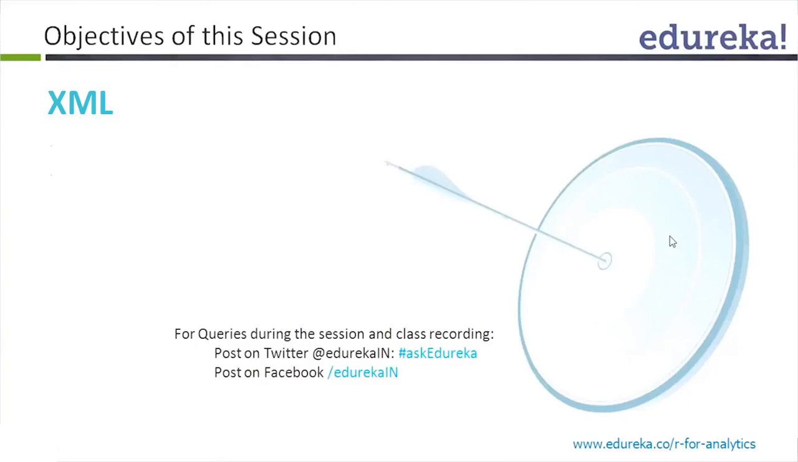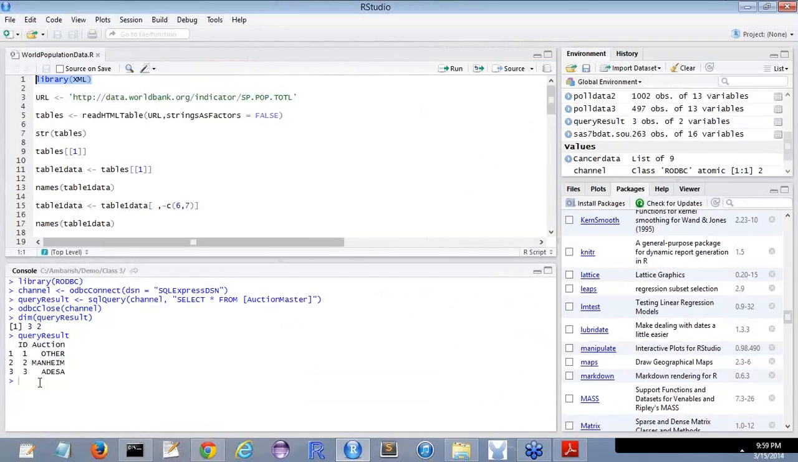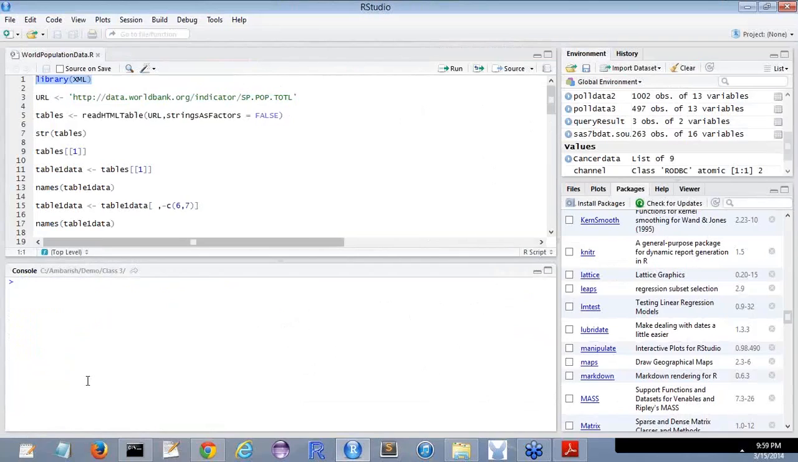If you all could please install this package library XML, that would be great, because we will be using the library XML throughout this case study. So once you have installed the library XML,